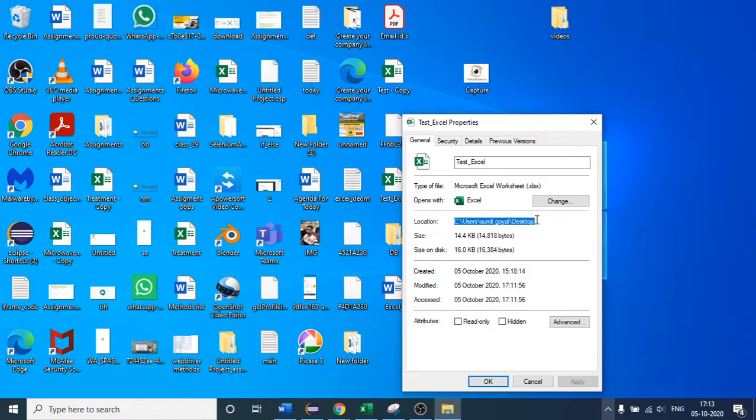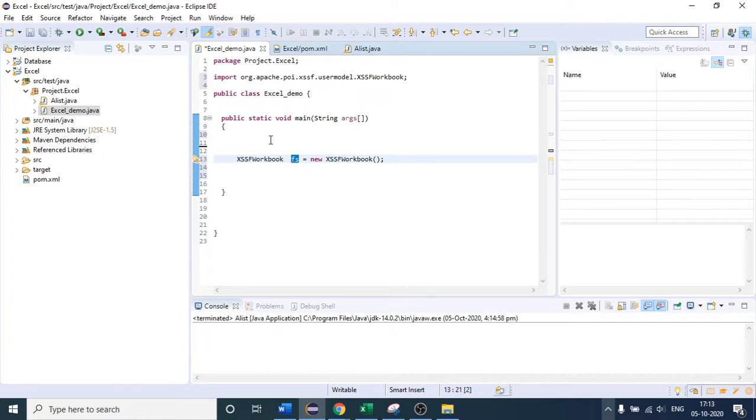So if I copy this, copy the path. I don't think that you know that, but as of now, I will tell you that there is one class. This is not a Java one, but this class is file input stream, and let me write FIS equals new FileInputStream. Let me write capital S here.